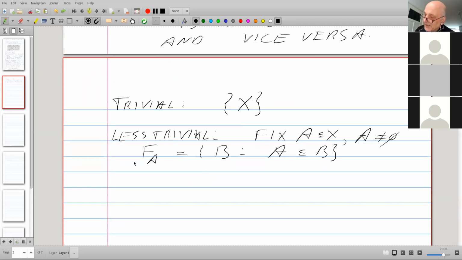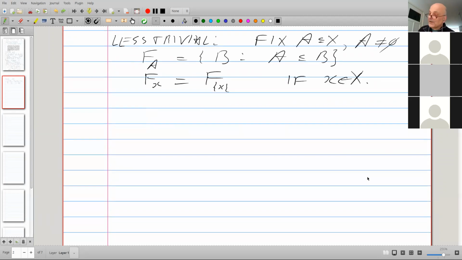We have a special case, of course. If you have a point in X, then you can take all the sets that contain the point. That is a filter. A bit more exciting.